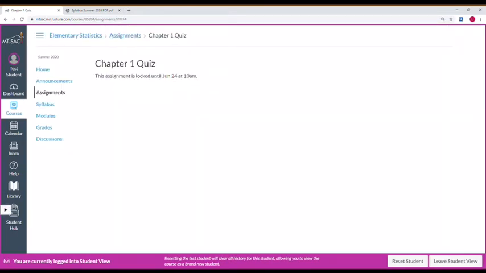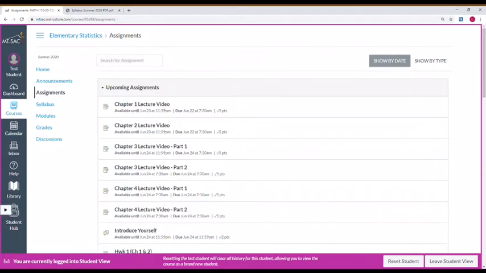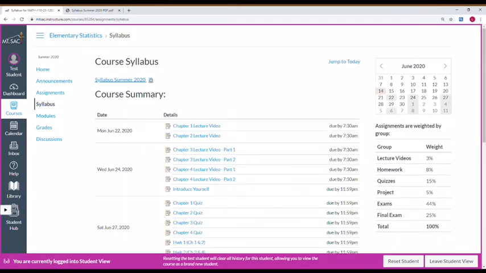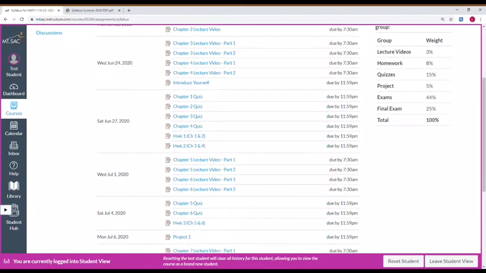If you click on that, it says this assignment is locked until June 24th at 10 a.m., which is when it is set to open. Those are due by Saturday, and we will go over that later when we look at the syllabus. You'll also have links for projects and for exams when those are coming up.